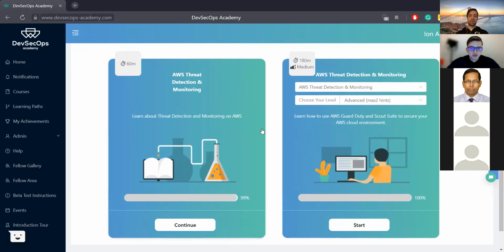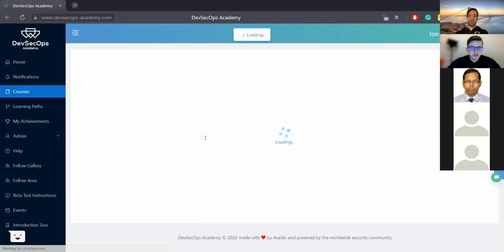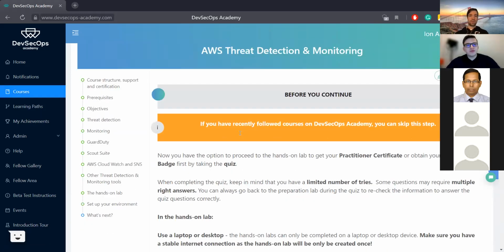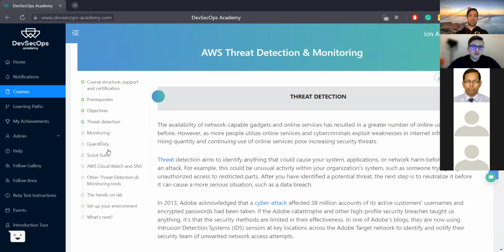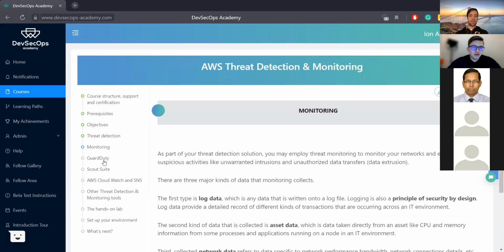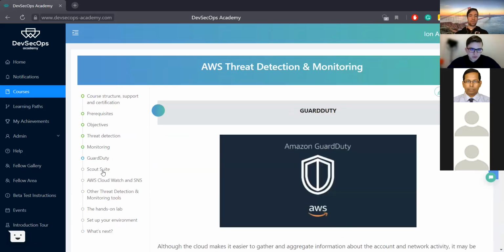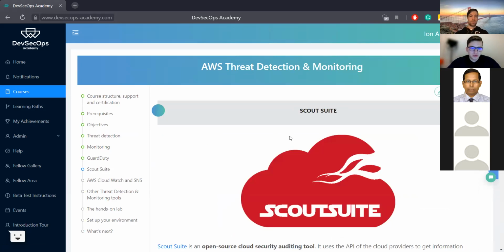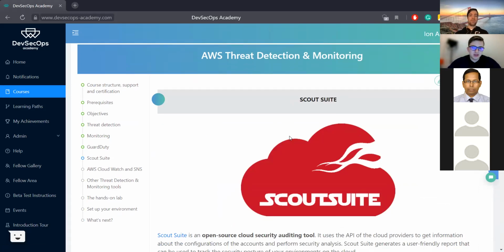a preparation lab and a hands-on lab. If you already did courses on our platform, you already know this. The preparation lab is meant to prepare you for the hands-on lab. In this case, you will get introduced to threat detection, to monitoring, to GuardDuty, and also to Scout Suite, which is a cloud security auditing tool.